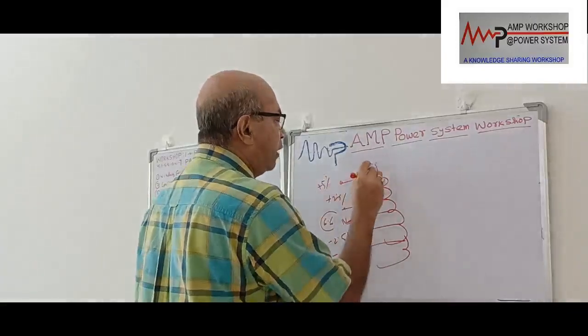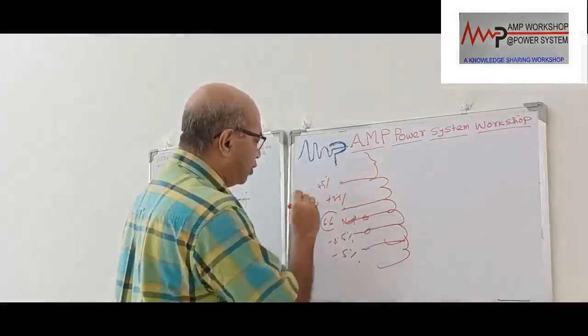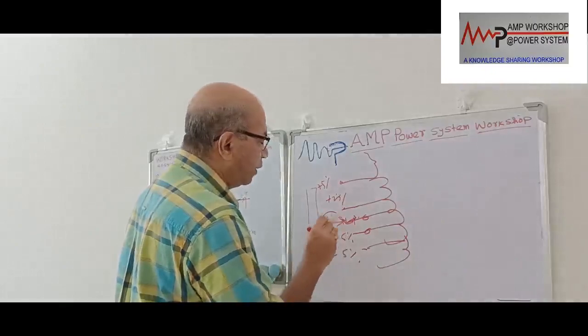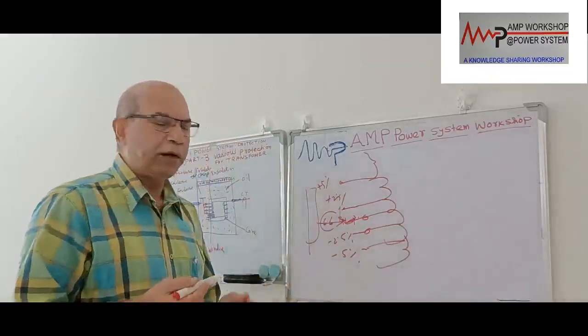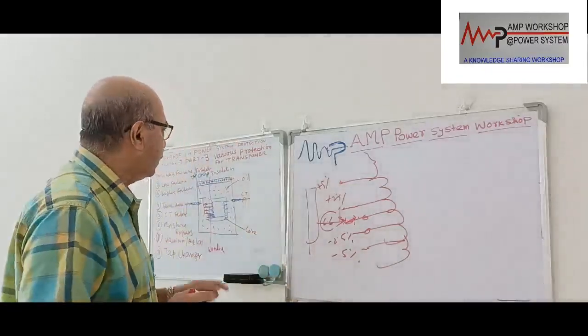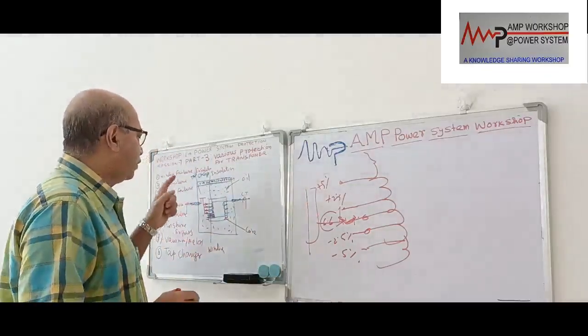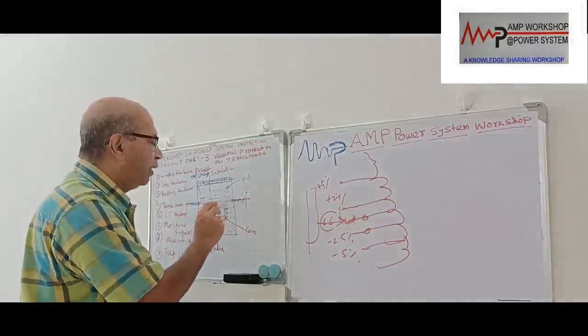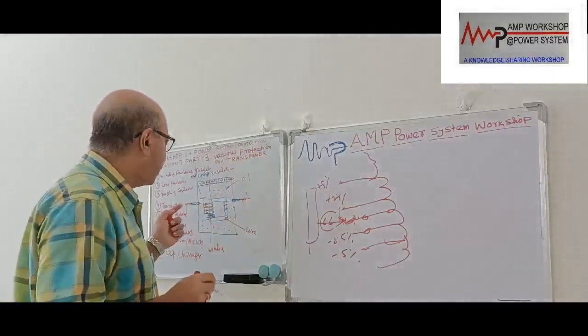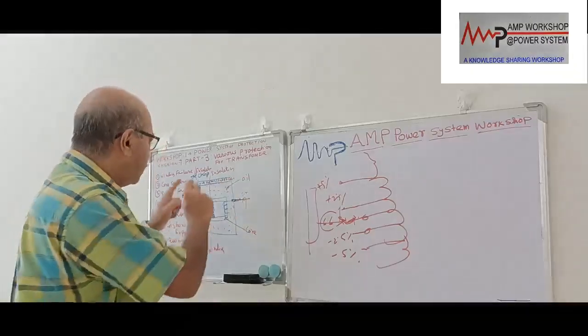Then the winding will go like this, and then there will be a tap changer. This tap changer is a rotating switch, it can go to any of the positions. So depending on the requirement, we will select the tap. That is called a tap changer. This is for an off-circuit tap changer. From the tap changer it comes to the outgoing bushing, and from the bushing power is either connected or going out. So this is the basic construction.